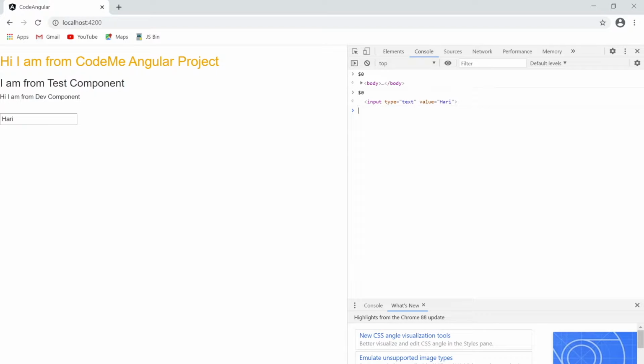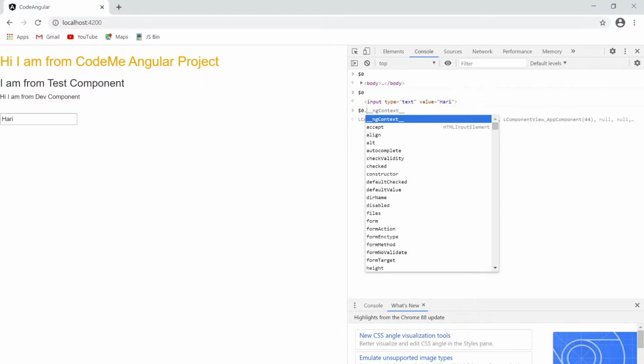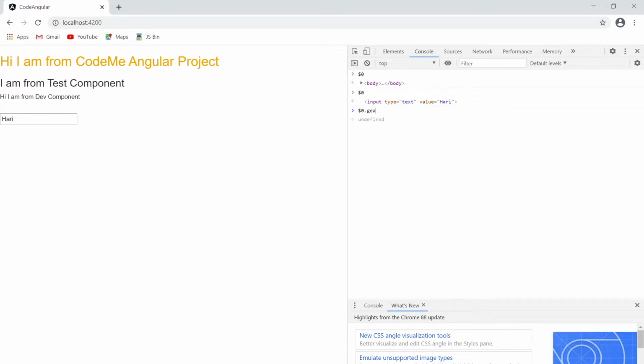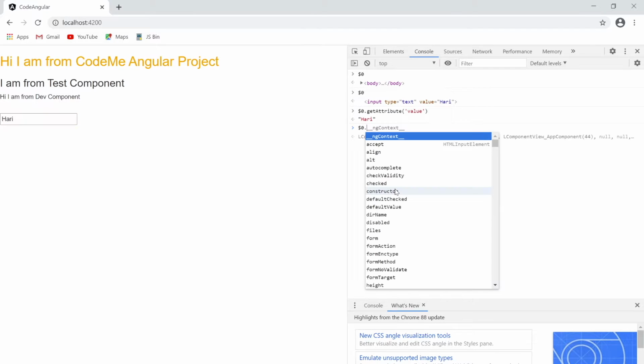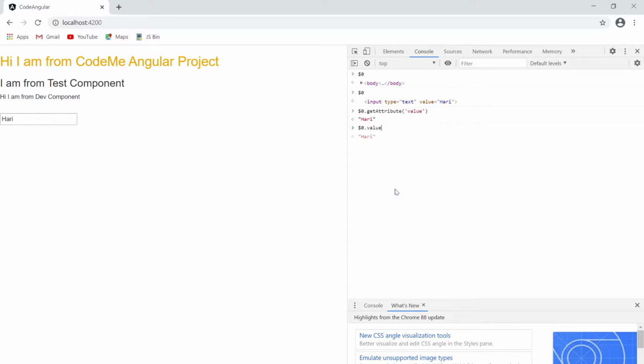Let me use one more thing, $0.getAttribute, and I'm putting value and closing the bracket. As you can see, Hari will print here, and also $0.value, and that value will come.